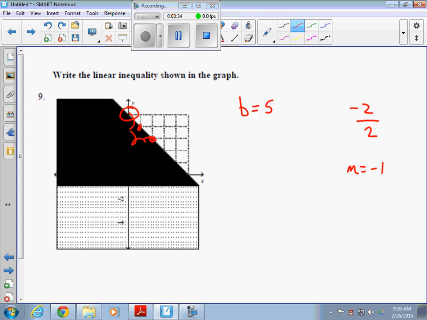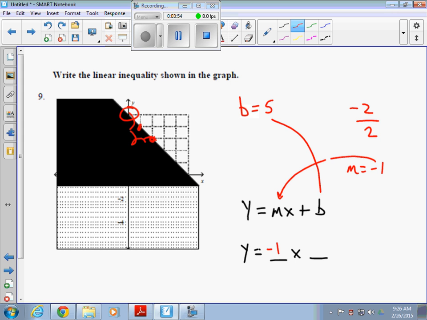So since you have an m and a b value, you write your inequality just like an equation. Y equals mx plus b. Plug your m value in, which is -1 or -x, and your b value, which is 5 or +5. So if it were just an equation, we would be done right there. Y equals